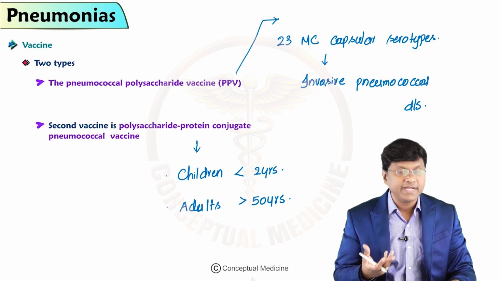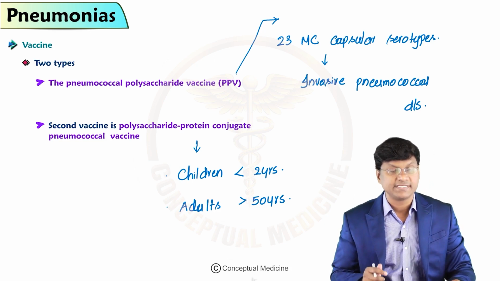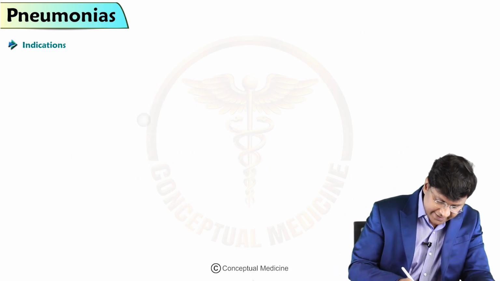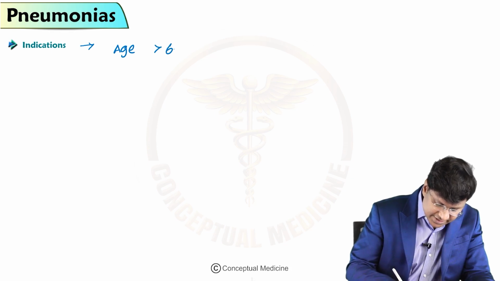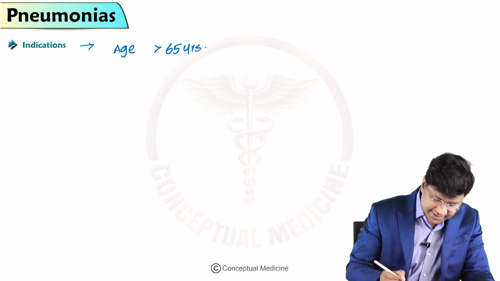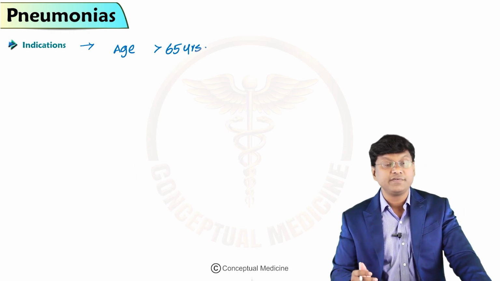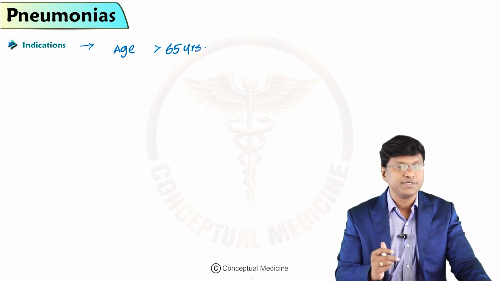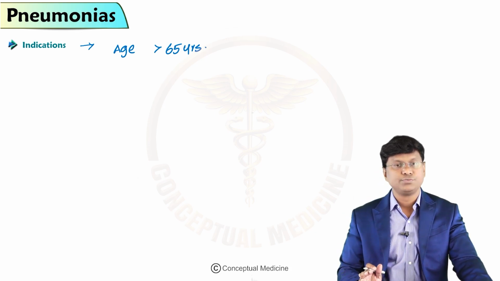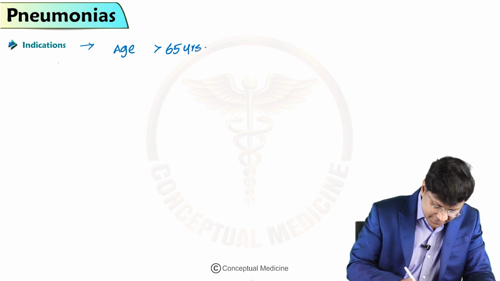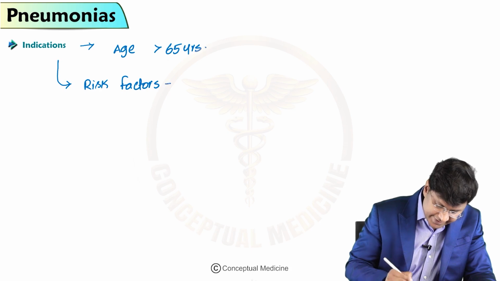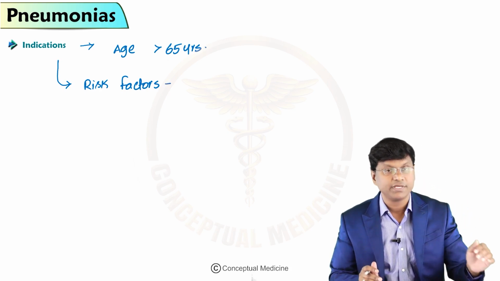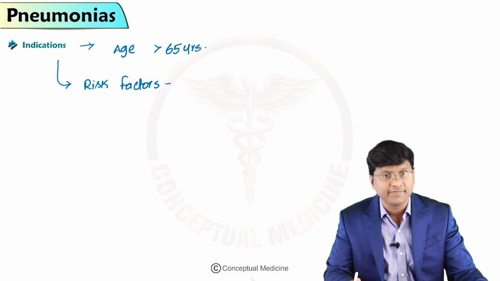Now, in which group of individuals do you need to give this particular vaccine? Indications of vaccine are elderly individuals, age more than 65 years, because in elderly individuals the immunity is reduced, so they are more prone to infections. So in order to prevent the infection by pneumococcal pneumonia, you need to give these pneumococcal vaccines. And there are certain risk factors where you have to give this pneumococcal vaccine, like